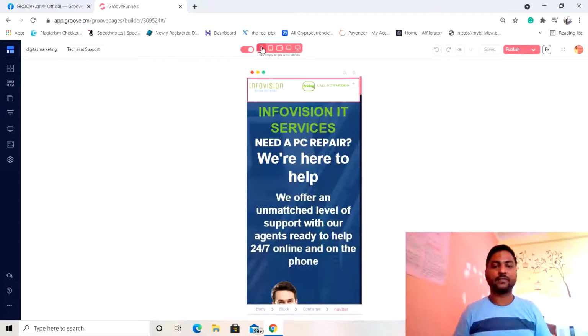So you can see what I have done: as things are not working according to us, I have played with the size of the header icons or options. I have made the logo a little bit smaller, I have made the pricing button a little bit smaller, and I have made the call now option a little bit smaller. I'm just going to show you on my phone as well. I'm going to open it on my phone and show you how it looks. Okay, so it does look good. I hope that you can see that. I'm just moving the screen into the camera.